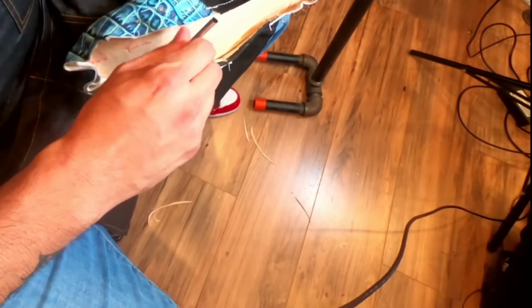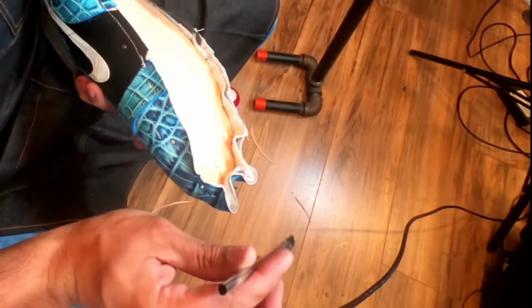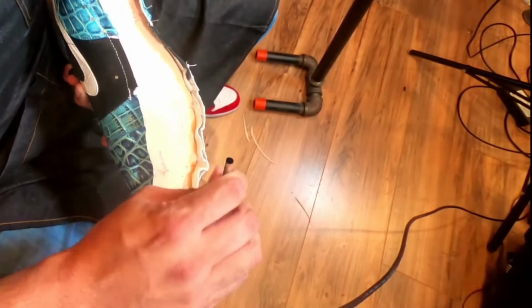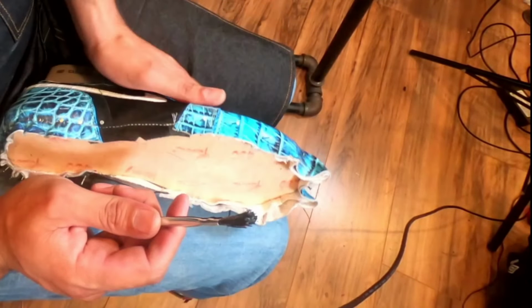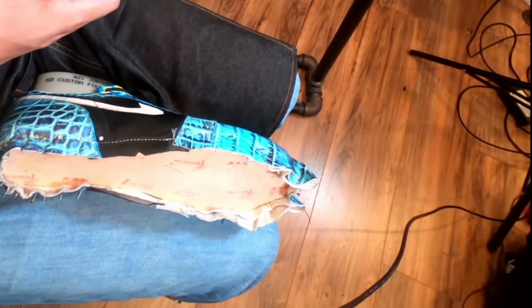The reason a lot of people do it this other way that we're going to do on the front side is because it's easier to shape the toe. You got more flexibility there. You can shape the toe, and when you last the liner first and then the upper, less chance of you getting those wrinkles on the toe. It is an extra step. It takes a little bit longer, but